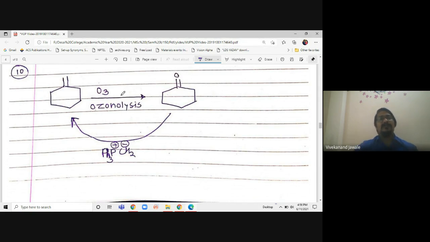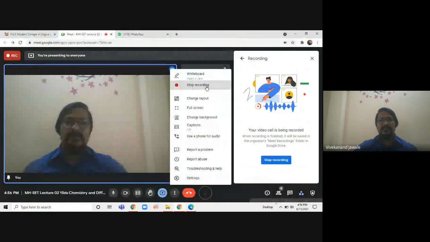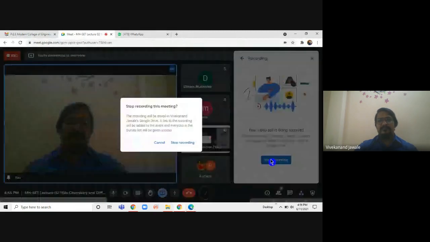This example has also been there in the NET exam. A is written over here, and the next step will be B, and it will again give us the same structure. What are A and B required here? Such a type of question is there. So this is a phosphorus halide. So is it clear, do you understand, or do you have any problem with this? Phosphorus